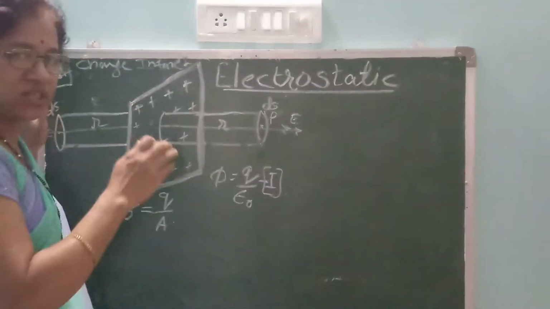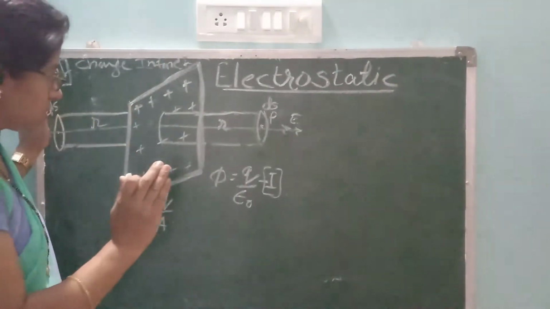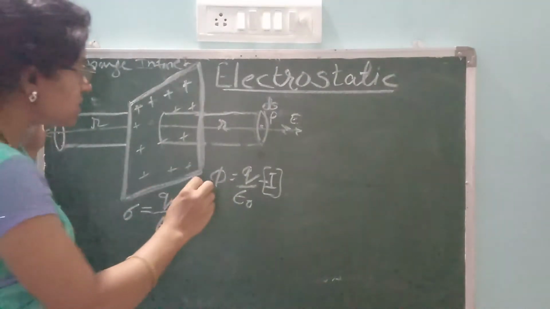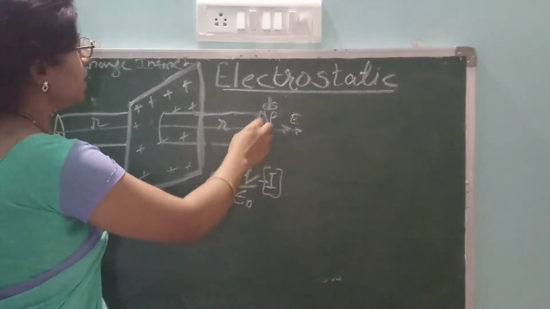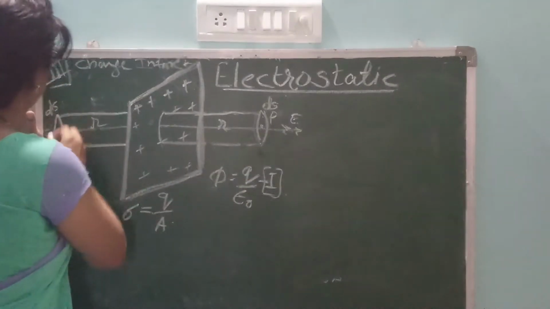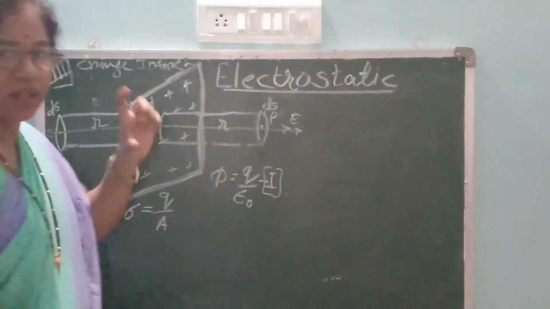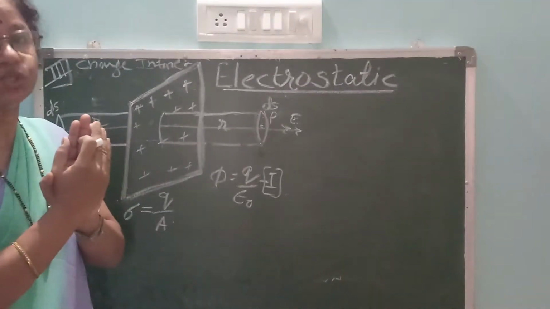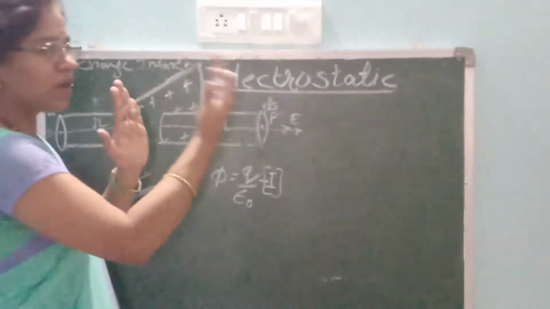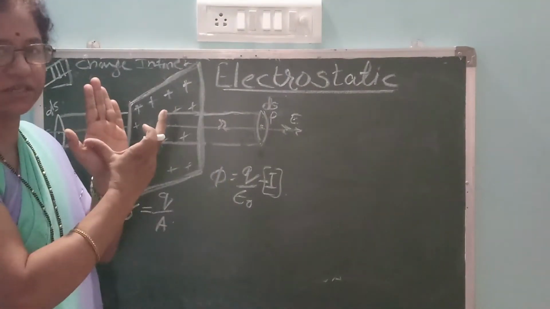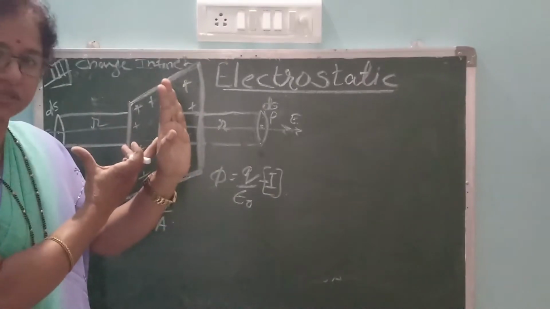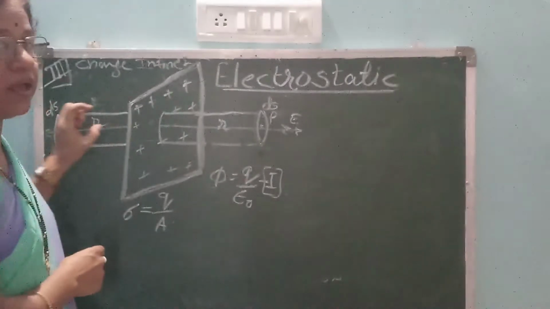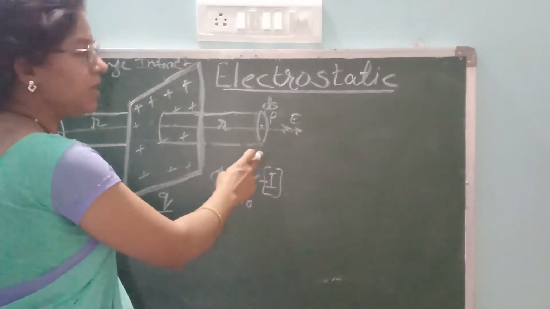Now imagine a Gaussian surface around the point P in the form of a cylinder. You can observe that this makes the cylinder. The total length of the cylinder will be twice r, because in front of the plane sheet there is a distance r and at the back also the distance is r, so the length will be twice r and the area of cross section will be A.